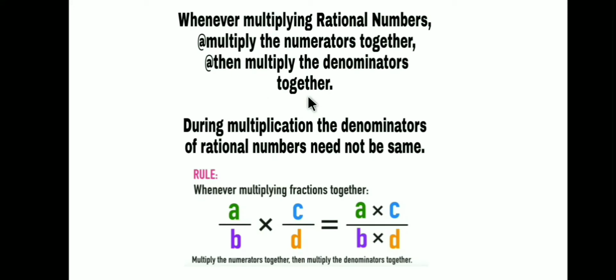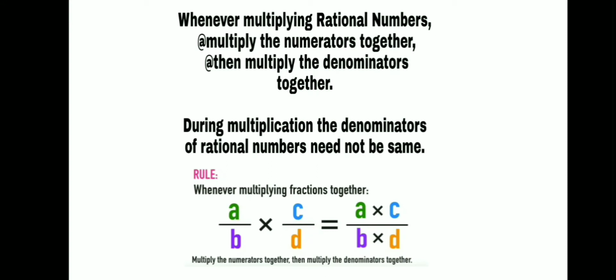We should also keep in mind that in the case of addition and subtraction, we have to first make the denominators positive, and then using the LCM method or any method, we have to make the denominators common. We retain the common denominator and then we simplify the numerator. This process we used to do in the case of addition and subtraction of rational numbers.